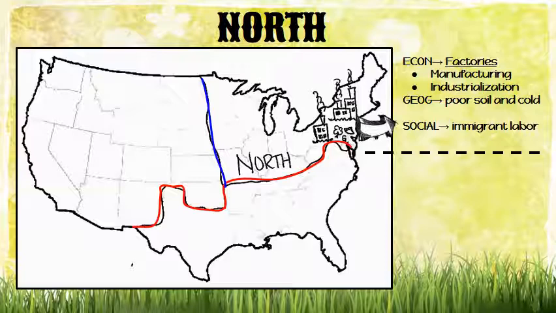In the north, once you started having these inventions like the cotton gin, that actually affected the south, which ended up affecting the north. We'll talk about that later. In the north, other inventions like the steam engine really started to allow factories to pop up. Now you got to realize that the Industrial Revolution had already occurred in Britain, and it came over to America a little bit later. So naturally, when the Industrial Revolution found itself in America, it suited itself in the north because the soil's not any good.